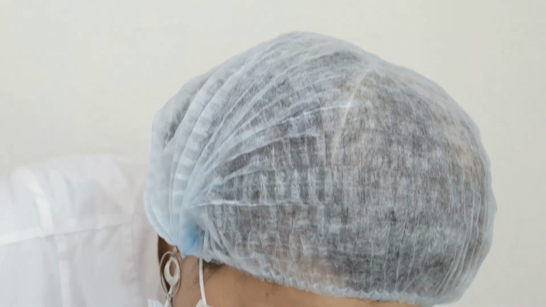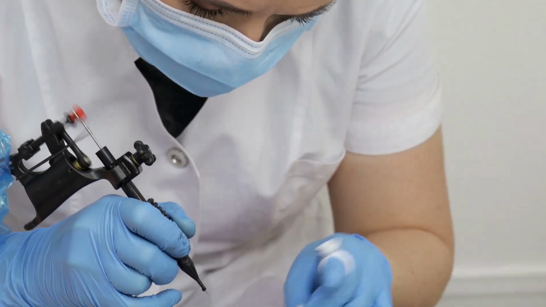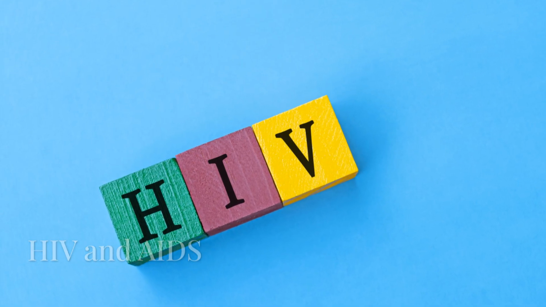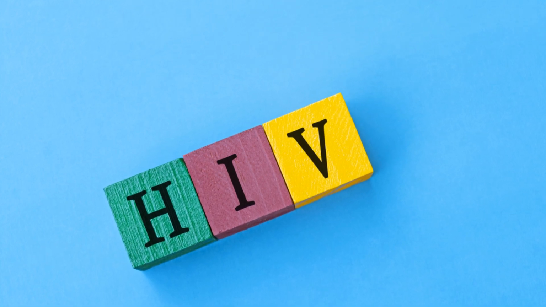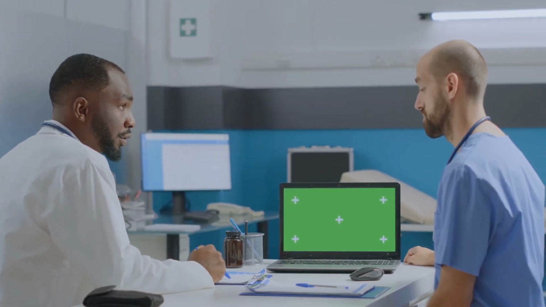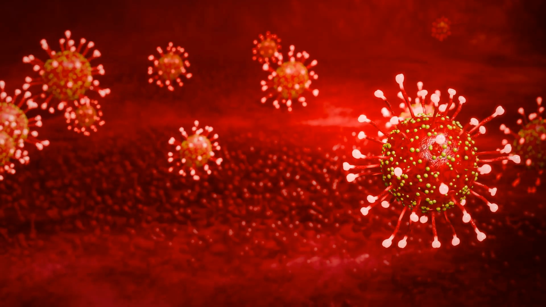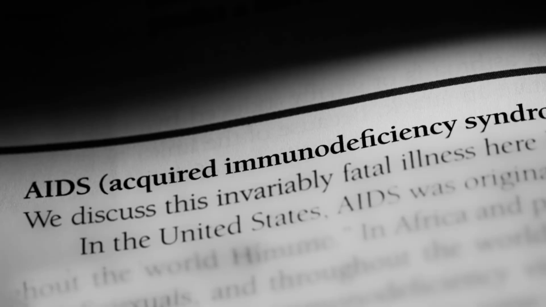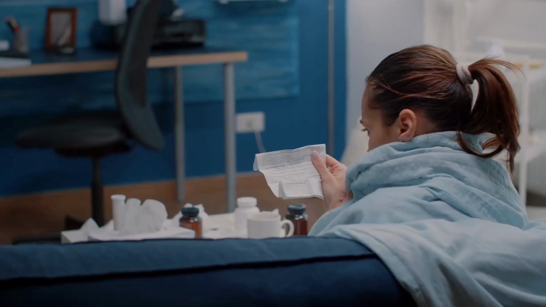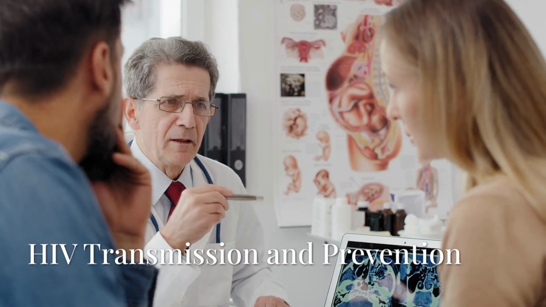The next virus that artists can come in contact with is human immunodeficiency virus, also known as HIV. HIV breaks down the immune system and weakens the body's defense against many infections and some types of cancer. The virus impairs the immune system and infected individuals slowly become immunodeficient. The most advanced stage of HIV is immunodeficiency syndrome, also called AIDS. AIDS is defined by severe health problems such as certain cancers and severe infections.